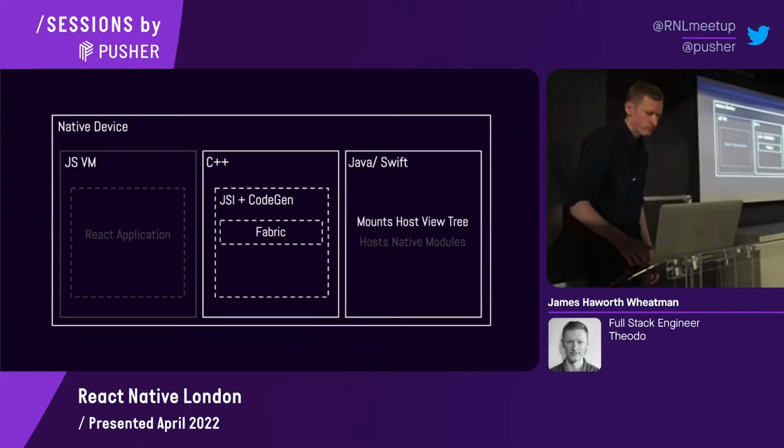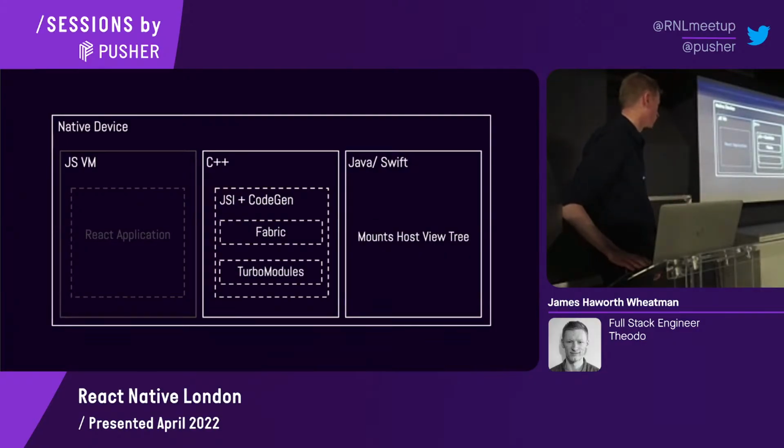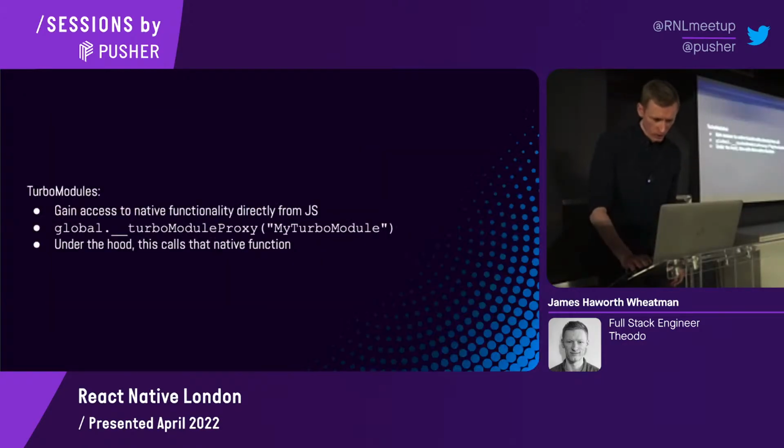And not only do you get Fabric, but you also get this new thing called turbo modules, which takes into account any custom native modules that you might want to write. Say you want to implement something in C++ or on the native side, or you're trying to optimize some code and you decide, okay, I want to write this in C++ rather than JavaScript. I'm just going to delve into the world of C++ for a bit. You can write a turbo module, and this is kind of the rebranding of native modules. But essentially,